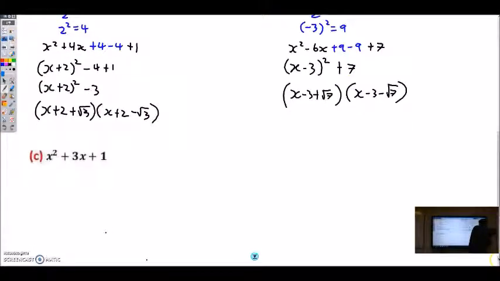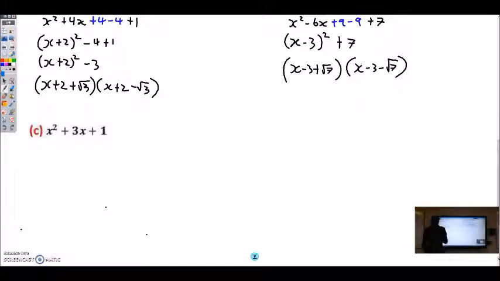Moving on to C. In C, we have x squared plus 3x plus 1. So half the coefficient of x is 3 on 2, which we're going to leave as a fraction. When we square it as a fraction, we get 9 on 4. We add and subtract it to our equation, so x squared plus 3x plus 9 on 4 minus 9 on 4